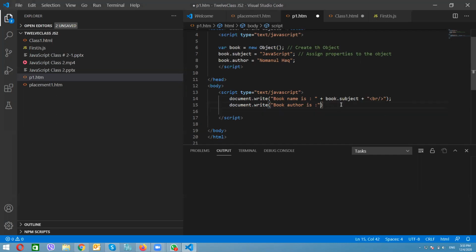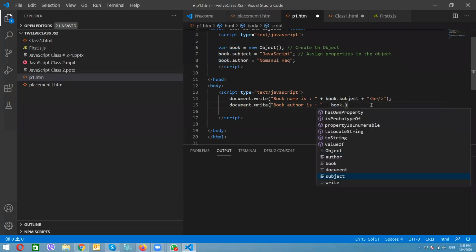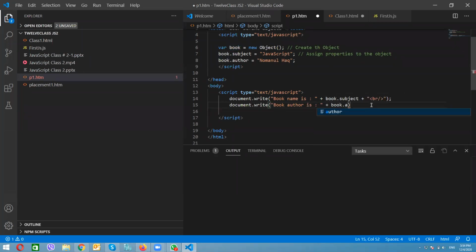Plus book.author. Do we have to add spaces like this you're adding? Yes, you need to add spaces here, because otherwise it will merge both of them. Book.author will automatically come, and we'll say plus. Okay, I will break it here.